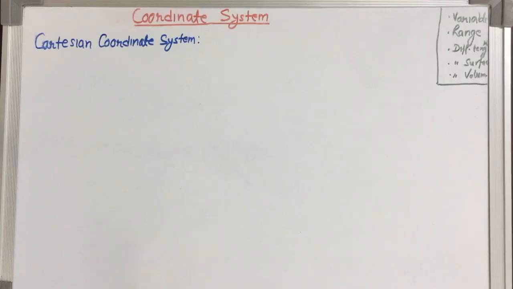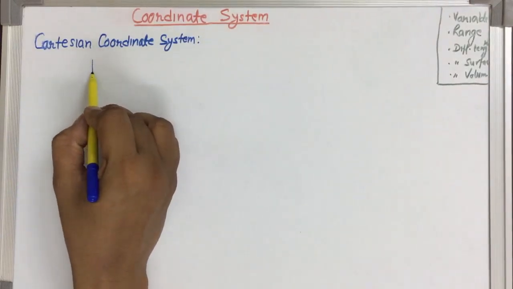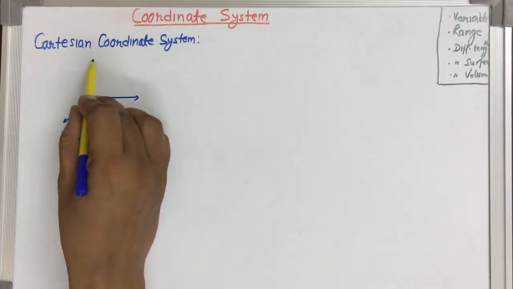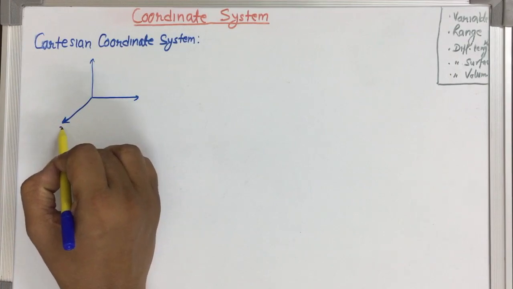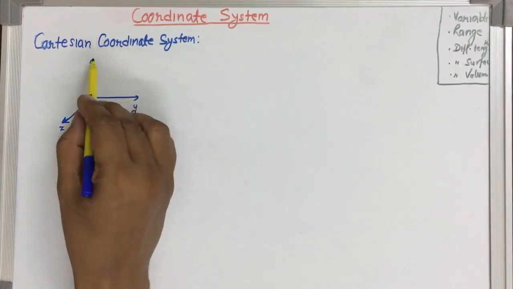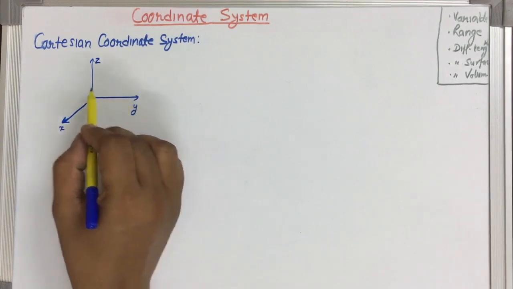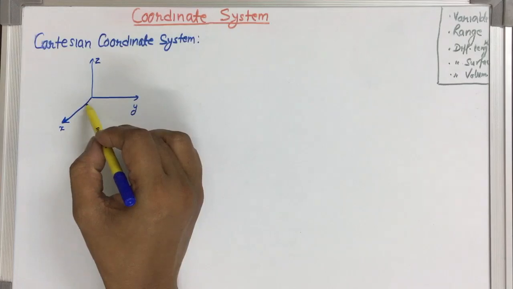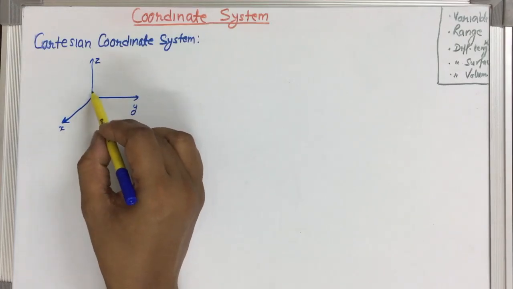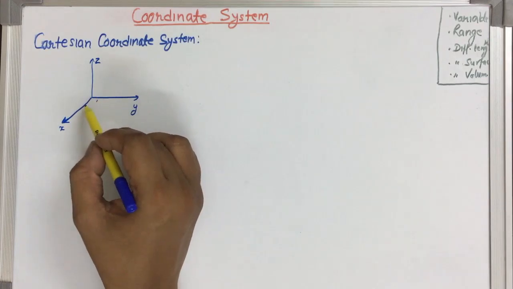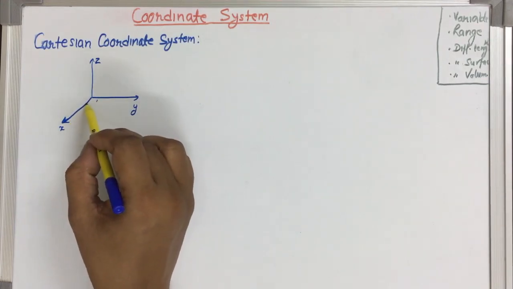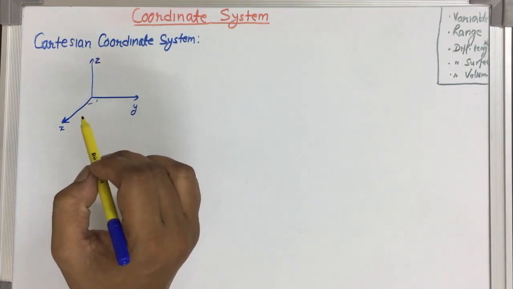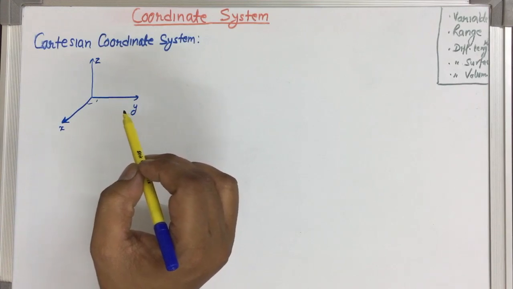So in case of Cartesian coordinate systems, there are three coordinates. You can say there are three directions: x, y and z. They are 90° apart from each other. The angle between x and y is 90°, y and z is 90°, and z and x is 90°. In this way, they are orthogonal,